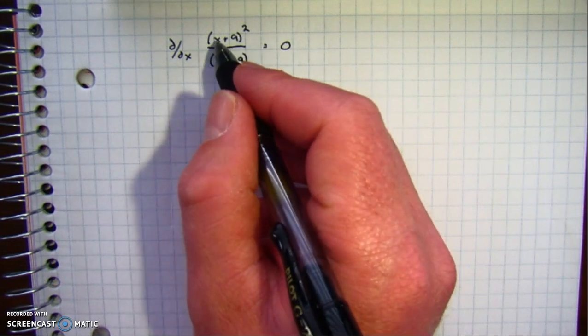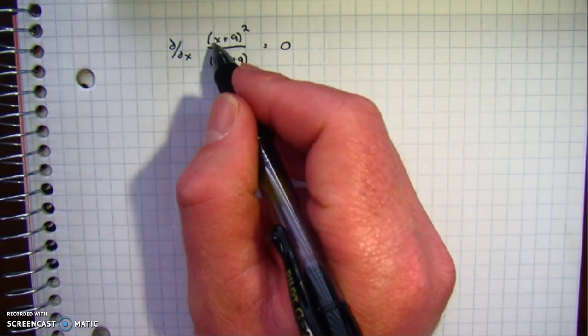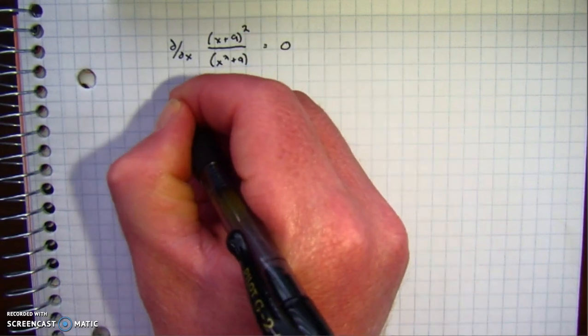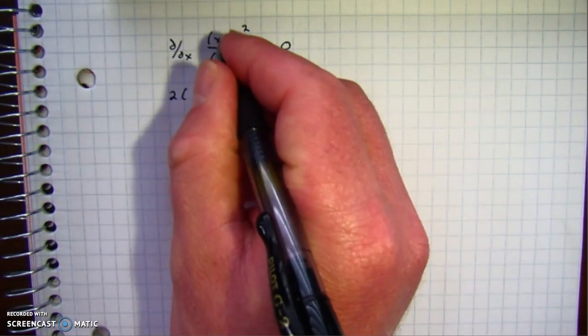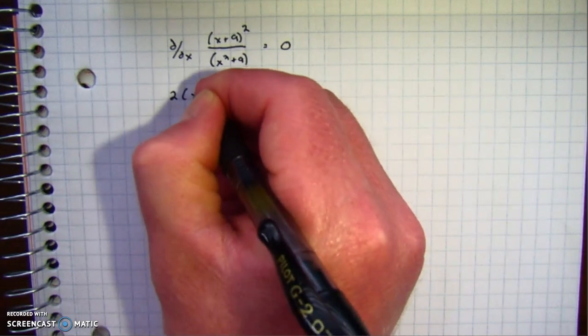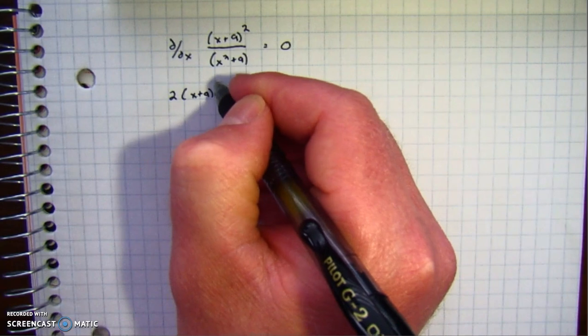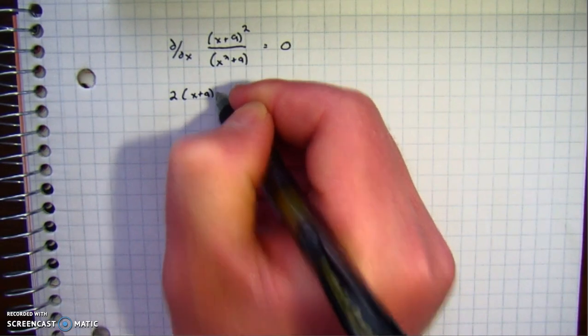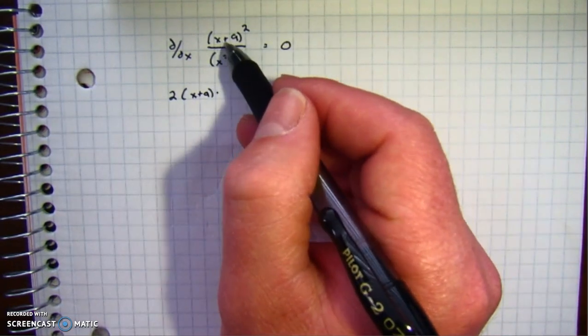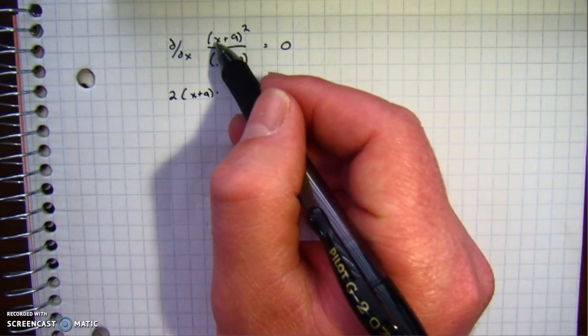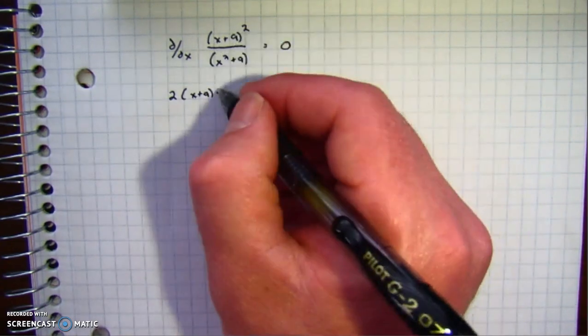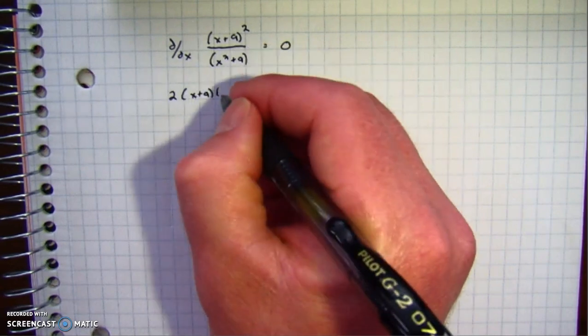So the derivative of this looks like we're going to want to use the chain rule. So we're going to have 2. This will be our u. x plus 9 will be u. Just rewrite that. And then we'll have 2u to the 1, so we just leave it as is, times the derivative of the inside, which is just 1. So we don't really have to do much there. We're just going to multiply it by